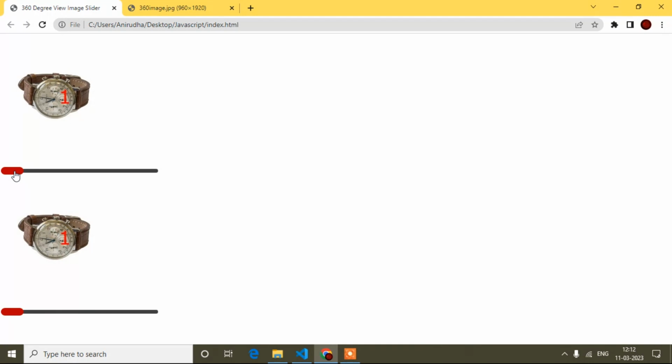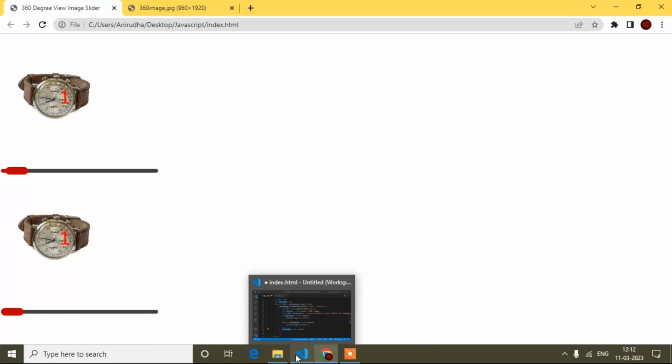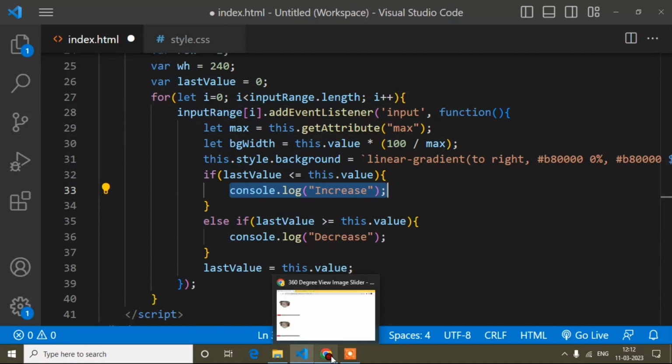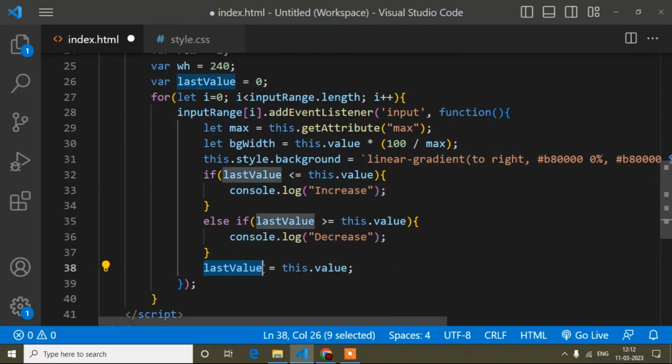Now if I move this value here, the range slider value is 1 but the last value is 0. So I've written it is increasing. And at the end what I did, I store the last value here.